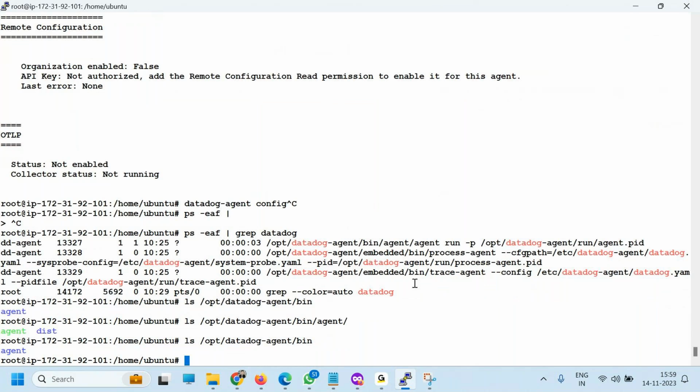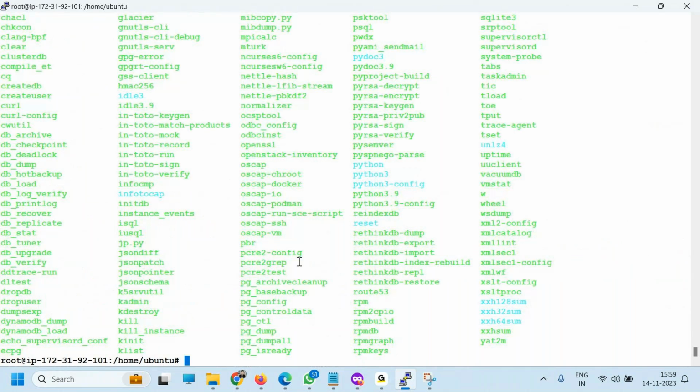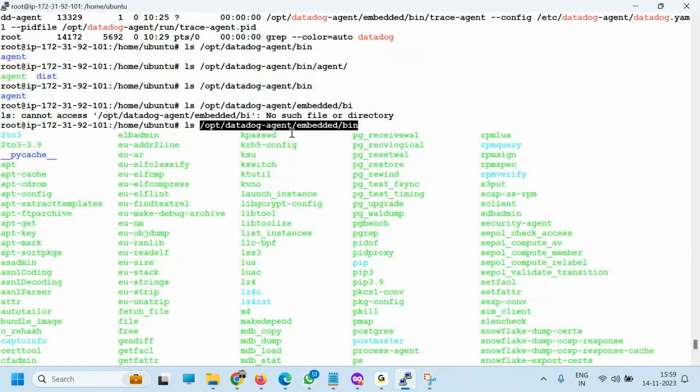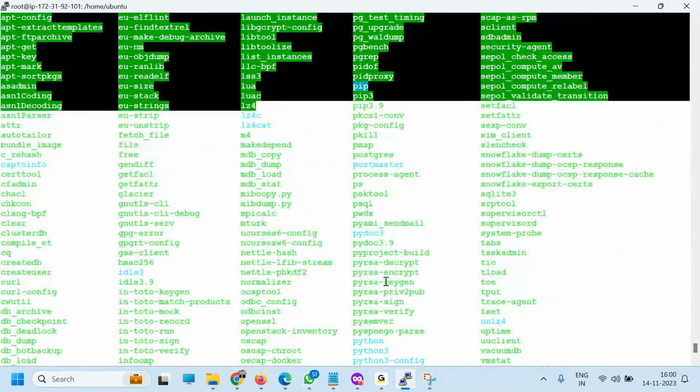There's a trace agent here also. Check this. These components are all part of the embedded Datadog agent that got installed. Here a few utilities are there which the agent is using internally.